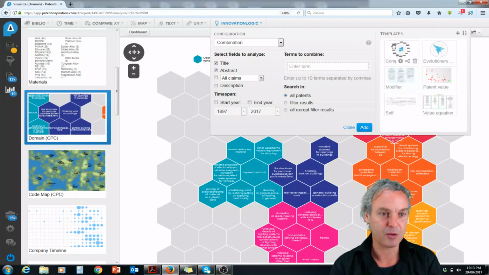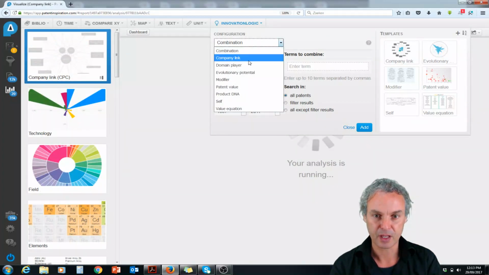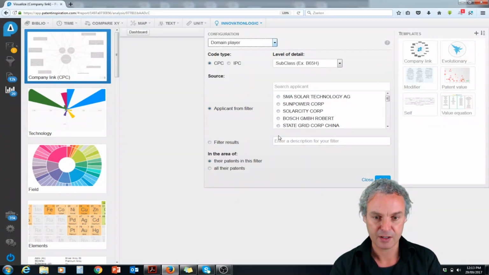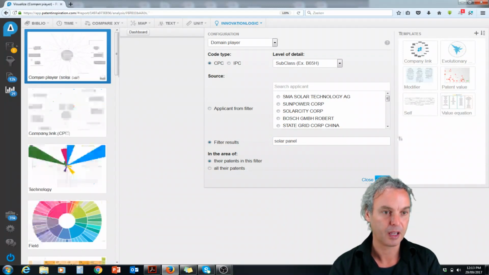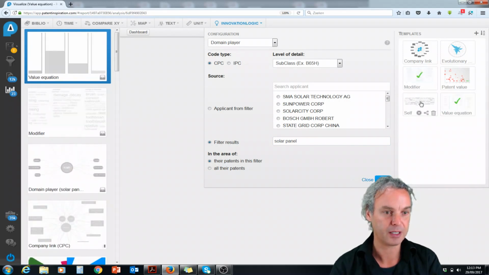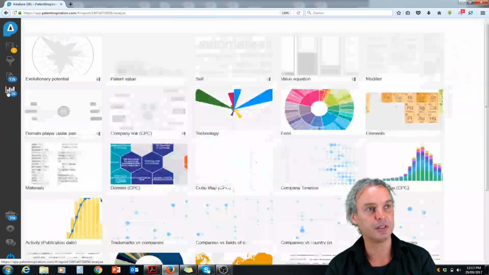Similarly, I could make a domain map. Let me make that from solar panels. That is here. Domain player, and say solar panels to see a bit in which domains. Voilà. I'll add a few more things while we're at it here. So in this way, you can basically have a look at all these